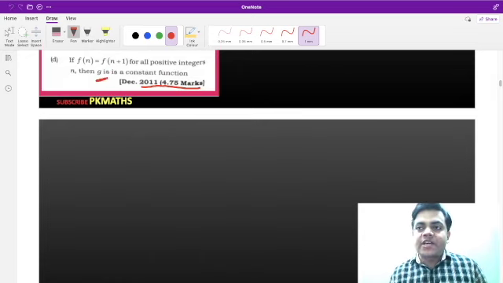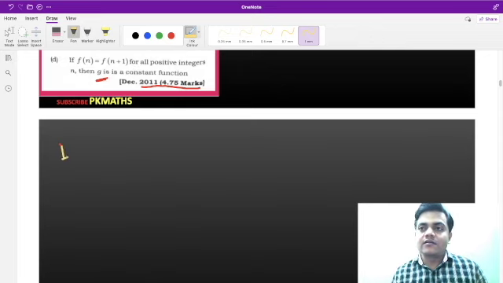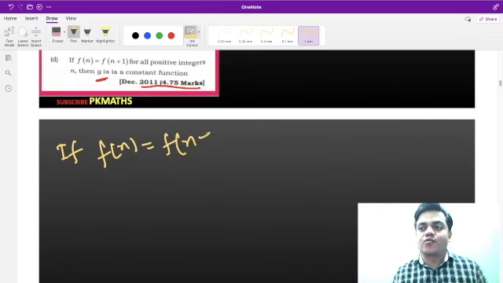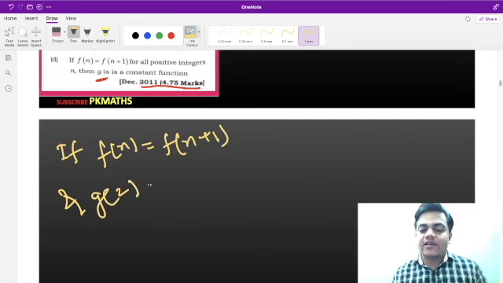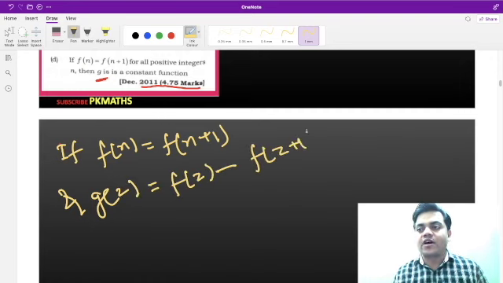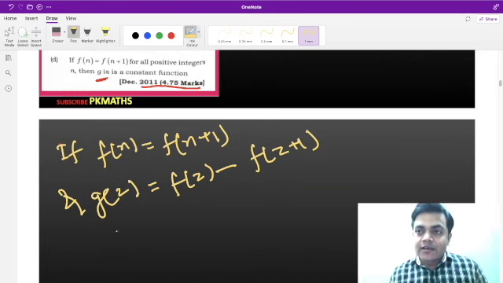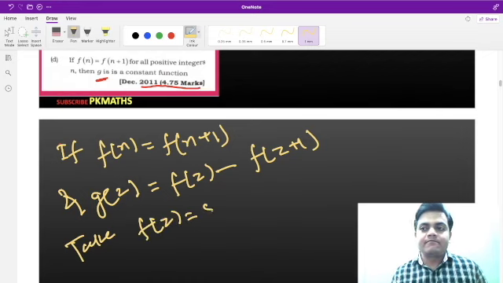Then you have to speak about G. They have asked you about G. So we can see that F of n is equal to F of n plus 1, and G of Z is equal to F of Z minus F of Z plus 1. This is the thing. So if we take F of Z is equal to sine pi Z,